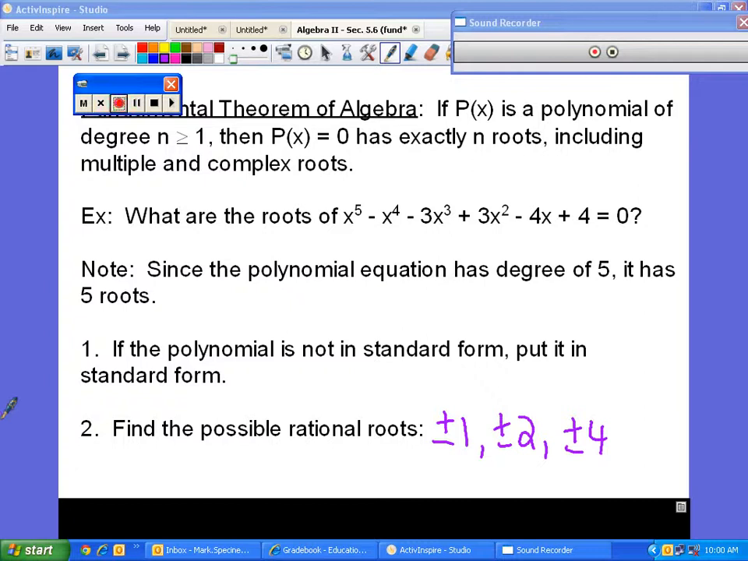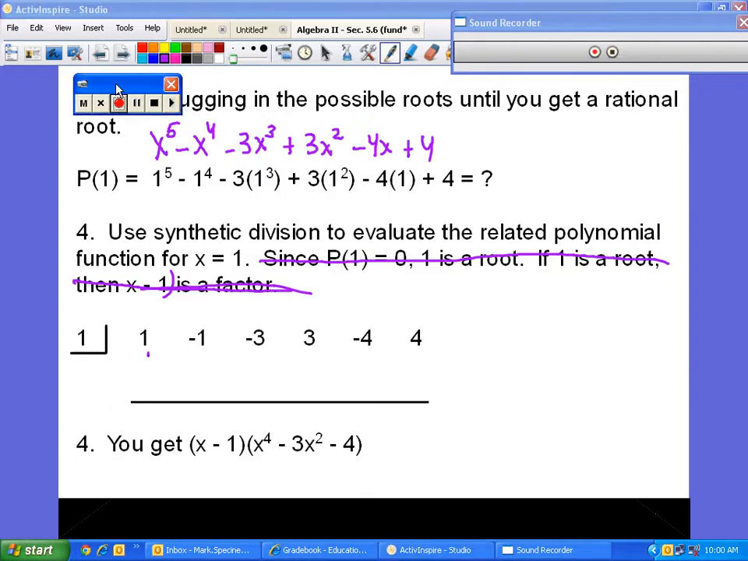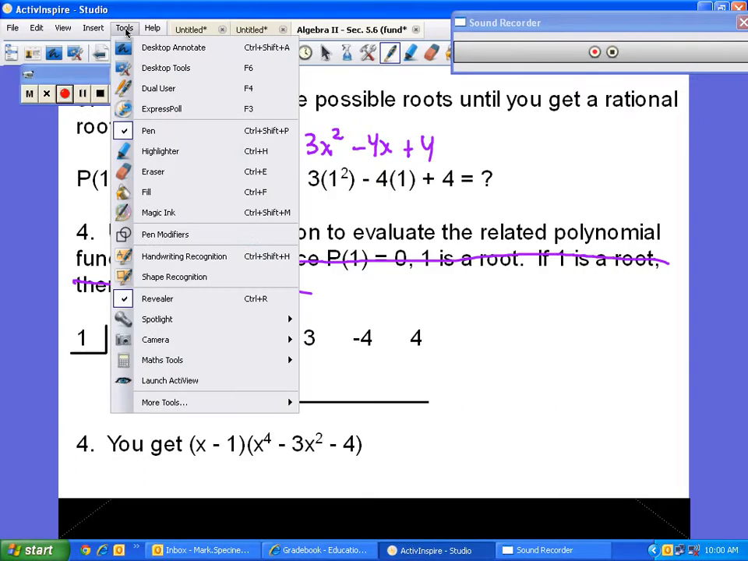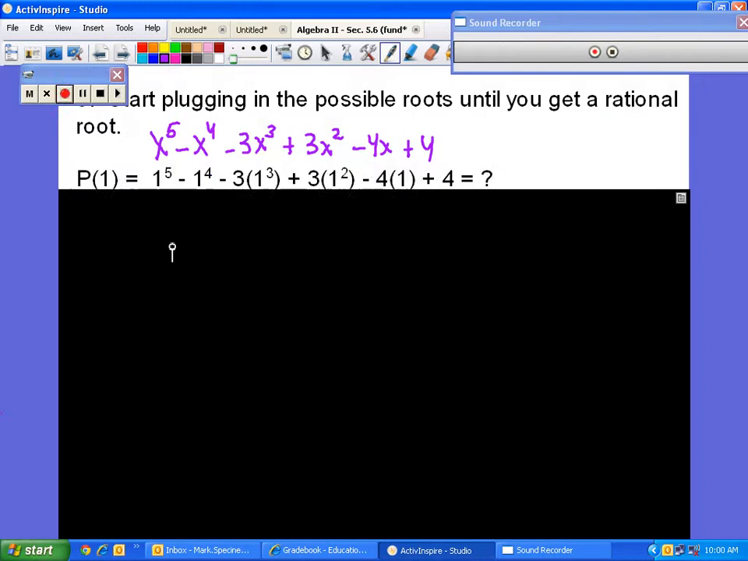The factors of the constant over the factors of the leading coefficient. That's right. Okay, the next step